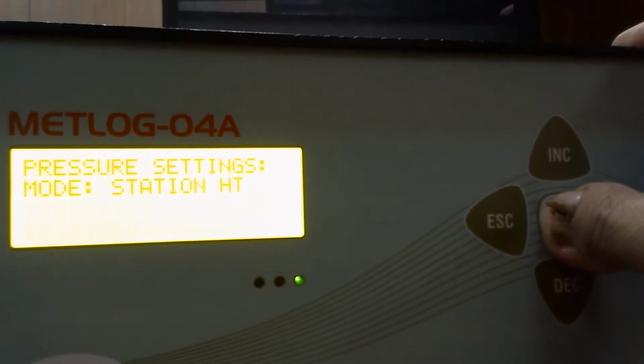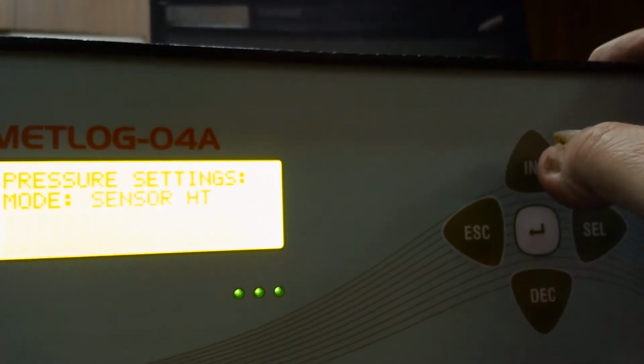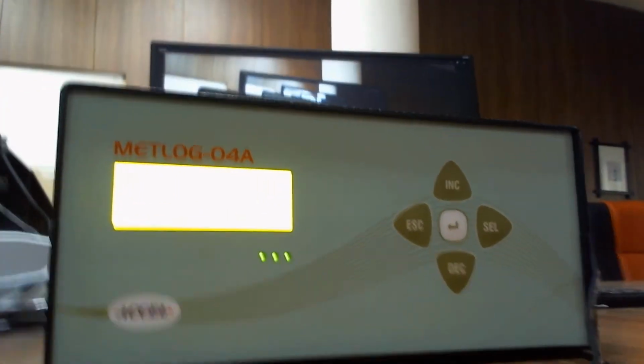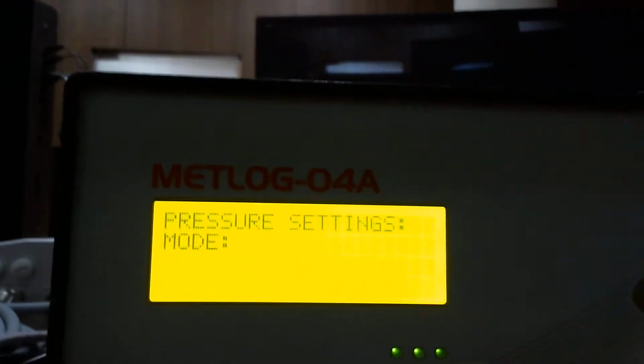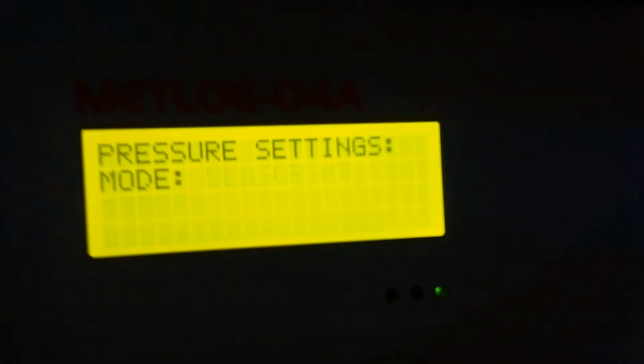So press enter button. The next setting for the pressure sensor is sensor height. So what is the height of this pressure sensor you have kept? This pressure sensor you are installing in the field enclosure box, and in the field enclosure box the approximate height of that pressure sensor is 1 meter, 1.2 meter, 1.5 meter, like that.